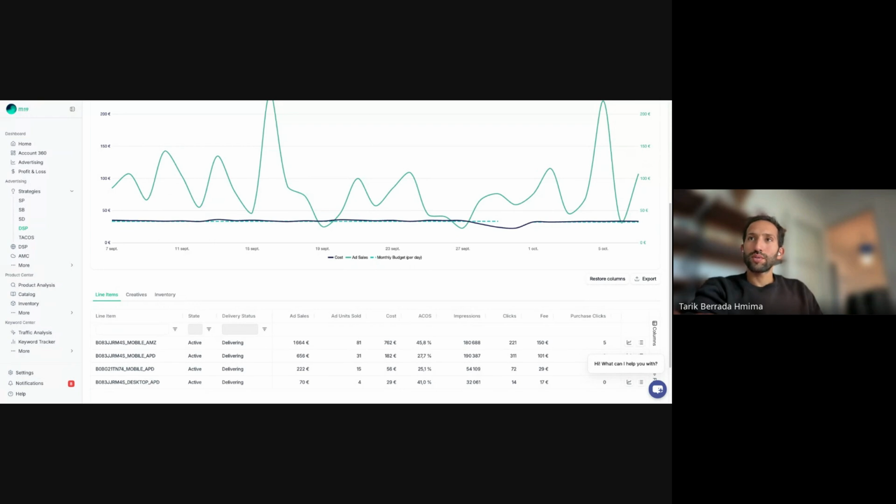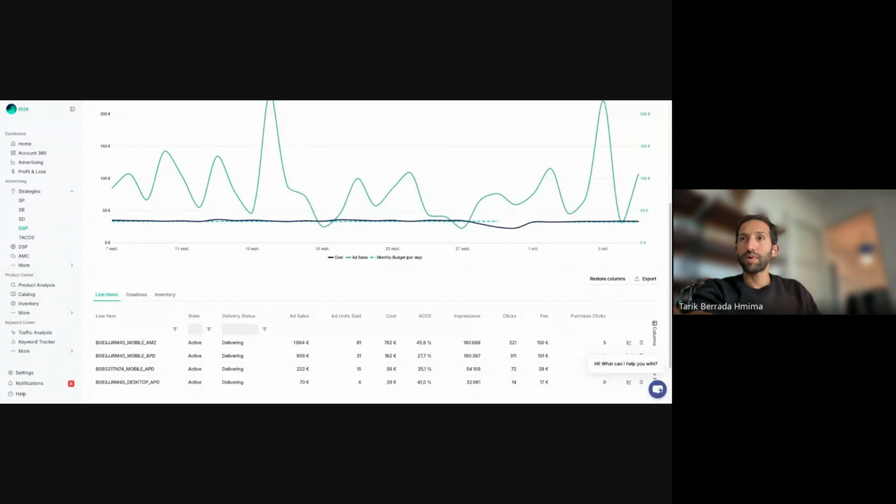My account won't link to DSP. Okay, so this is more a support question. No, you cannot test DSP on your trial. So we don't have a free trial for DSP unless you already have your own DSP advertiser account. If you have already your DSP advertiser, you can test, and normally you should be able to link. If it's not the case, please just send an email to support and we will look into it.